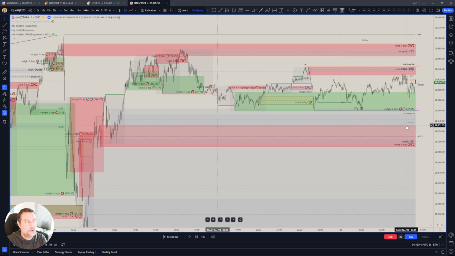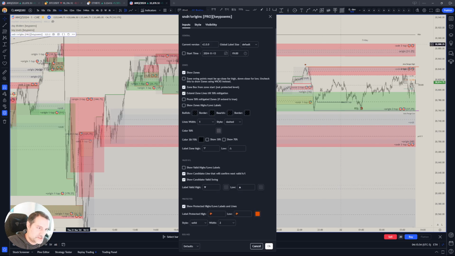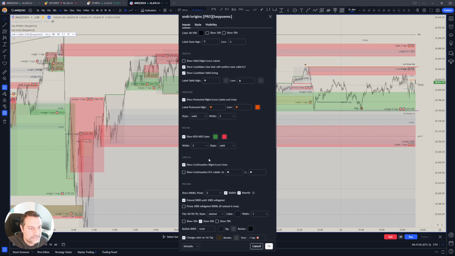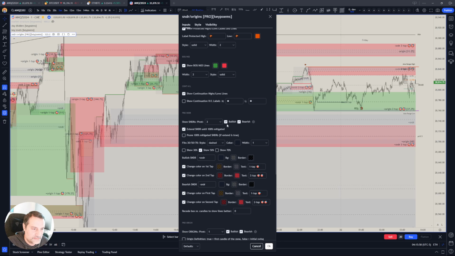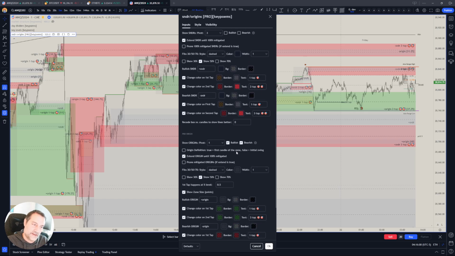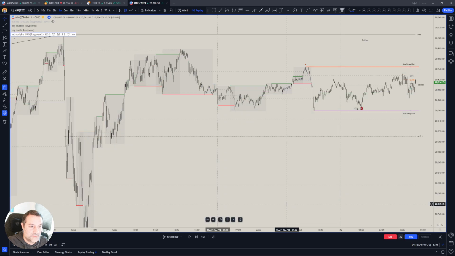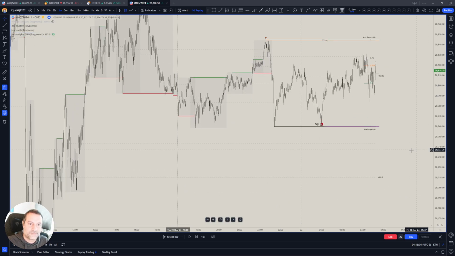What happens though is that the indicators will surface a lot of information that might help you make the right decision at the right time. So let's do it this way. Let me hide everything and then build a narrative around what we think might happen and then work from it. Okay, so let's go to